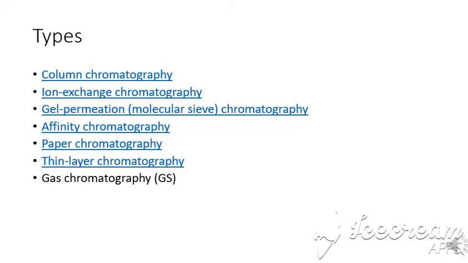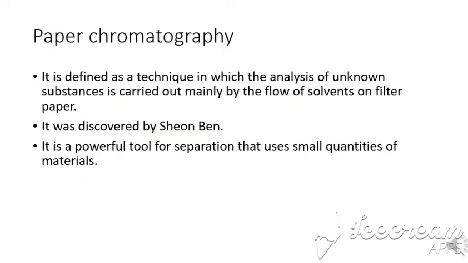Each and every type of chromatography depends upon just two phases, the mobile phase and the stationary phase. There are so many types, but our focus is paper and thin layer chromatography. Planar techniques and column techniques are also very important. Now come to the point, paper chromatography. It is a technique used to separate or isolate components from the mixture on a paper. Stationary paper, on a paper, is called paper chromatography.